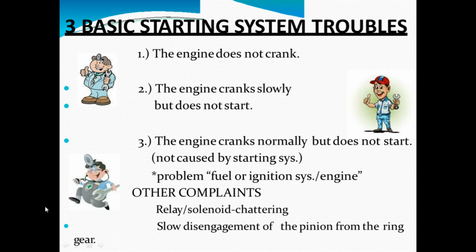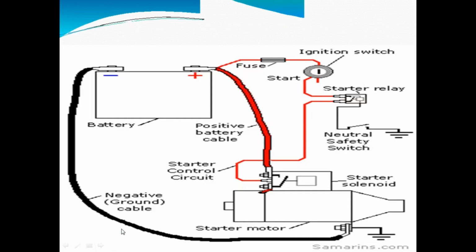So the next time we use the gear to start the engine, the gear may not mesh with the ring gear, or the gear may slip, so the required speed and torque cannot be obtained in the flywheel to start the engine. Also, next, this is the systematic diagram for